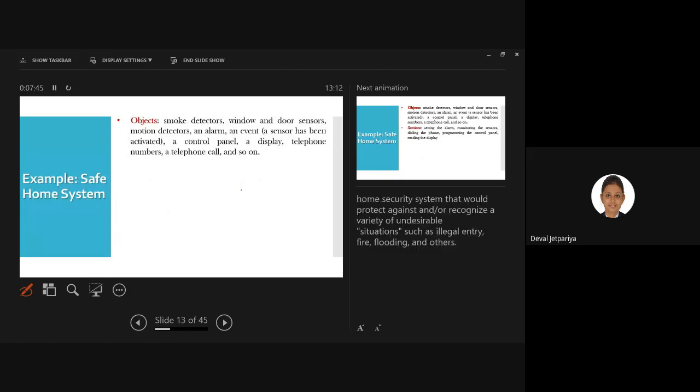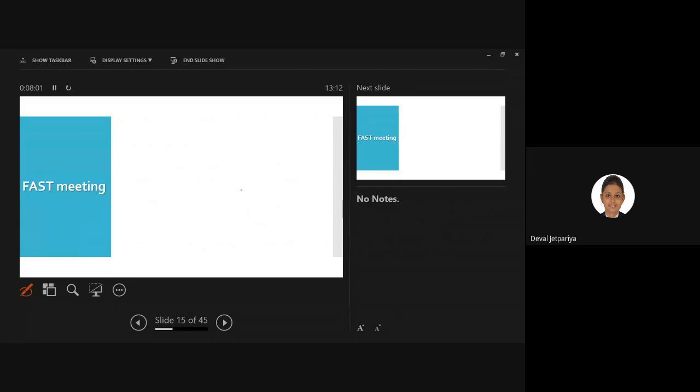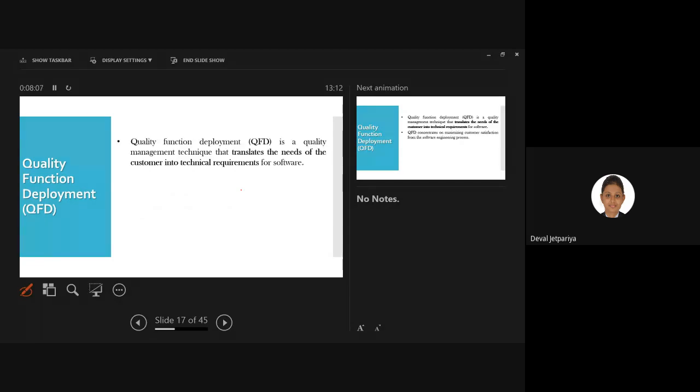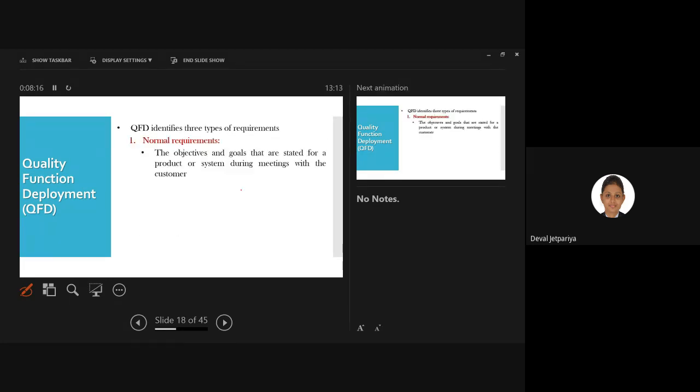After that, yes, we had taken one example, that is the safe home system. On that, we are trying to identify what type of specification we can carry forward using this FAST. Now, after that, we had started with quality function deployment, that is QFD, in which we had seen the three major types of requirement.